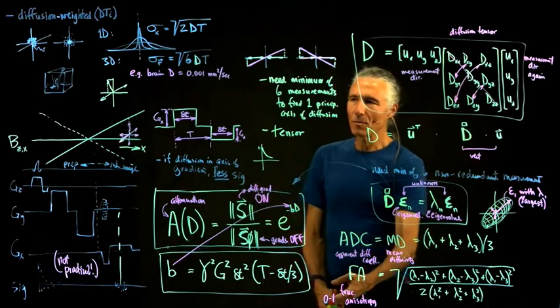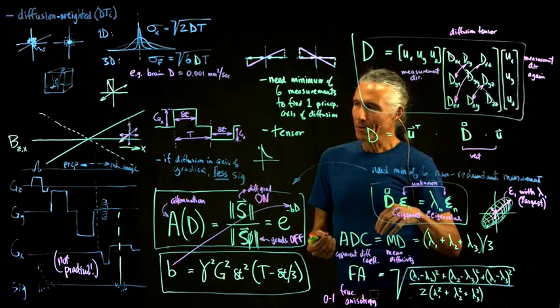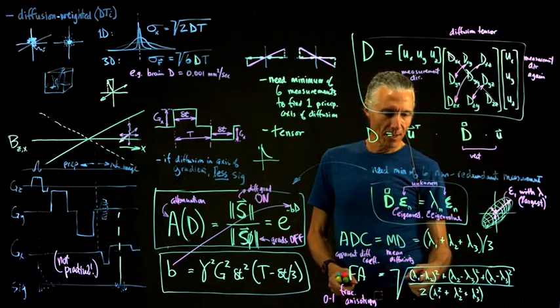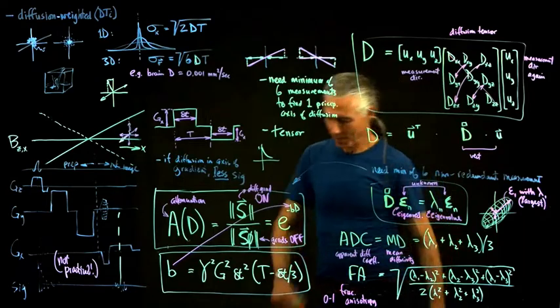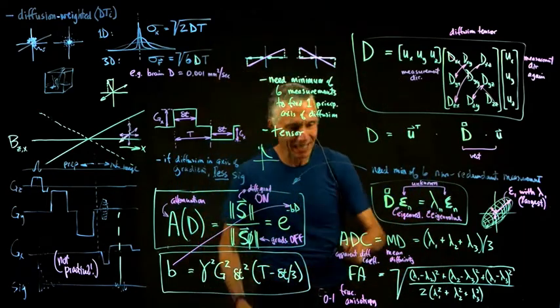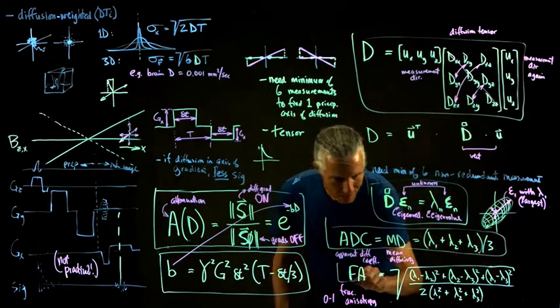It'll be 1 if it's really diffusing in one direction and not another. And it will be 0 if, you can work it out, these are all the same, then this works out to 0, which would be like uniform diffusion. Okay, so we finally covered all the main equations, but